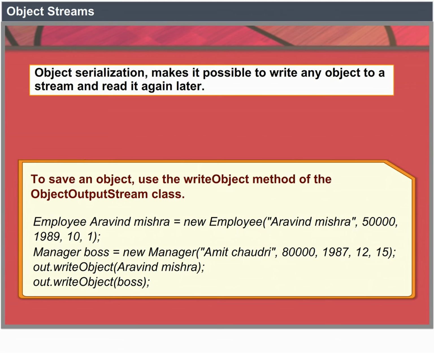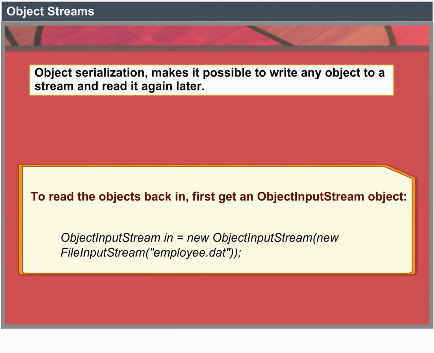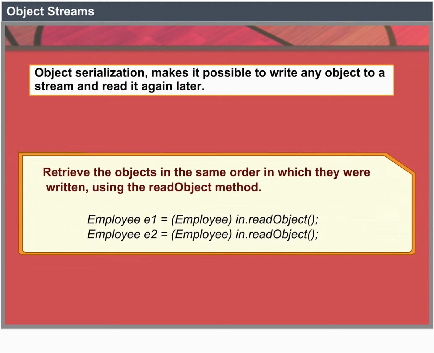out.writeObject(boss); To read the objects back in, first get an ObjectInputStream object: ObjectInputStream in = new ObjectInputStream(new FileInputStream("employee.dat")); Retrieve the objects in the same order in which they were written using the readObject method. Employee e1 = (Employee) in.readObject(); Employee e2 = (Employee) in.readObject();